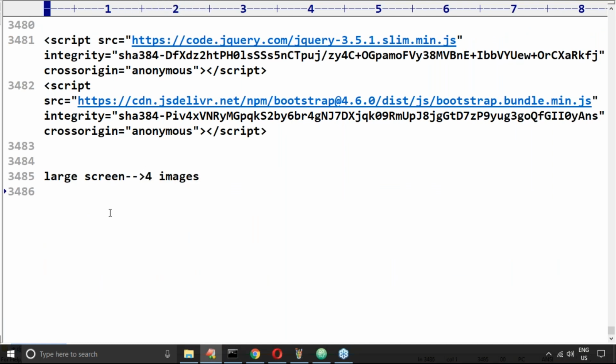In all the remaining cases, only two images, even in the mobile view also, two images I require. So large screen, four images, but in all remaining, only two images. This is my requirement.